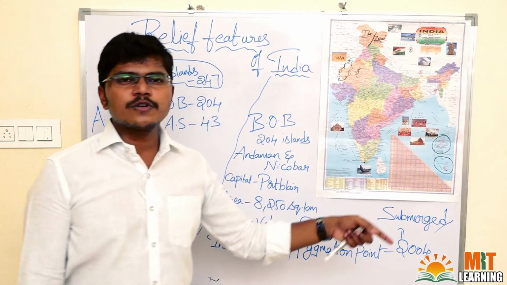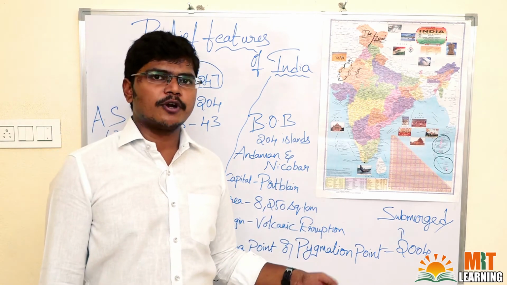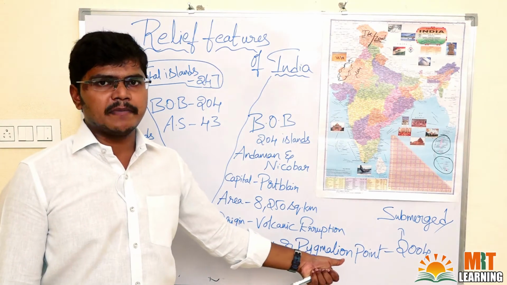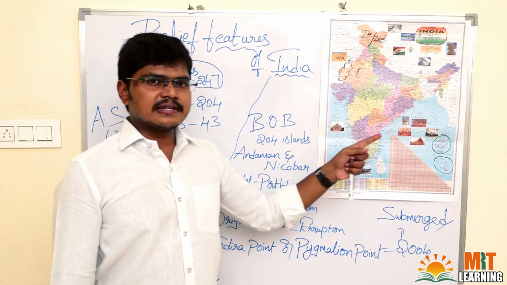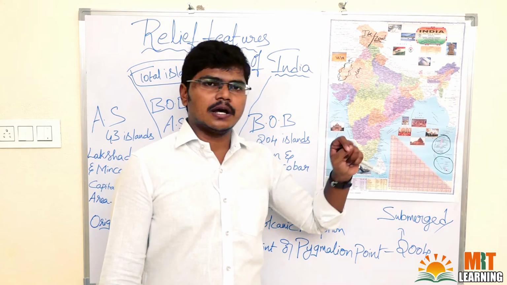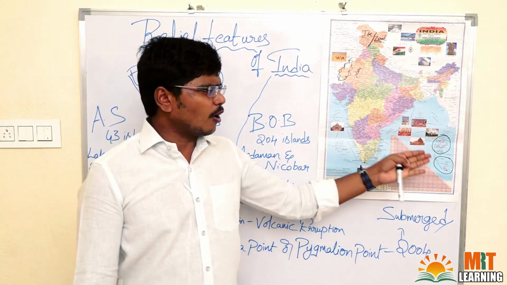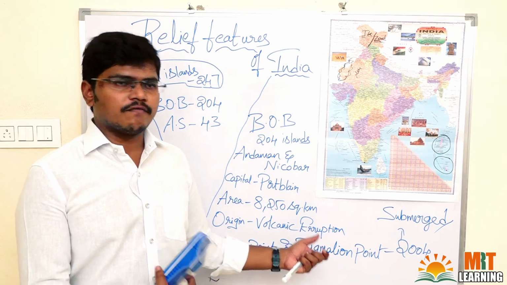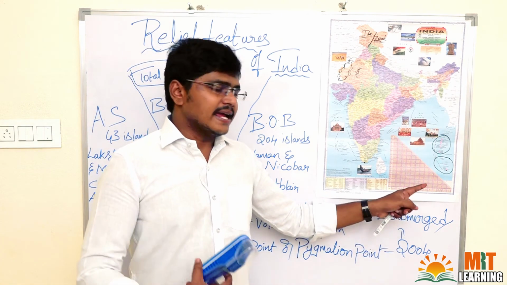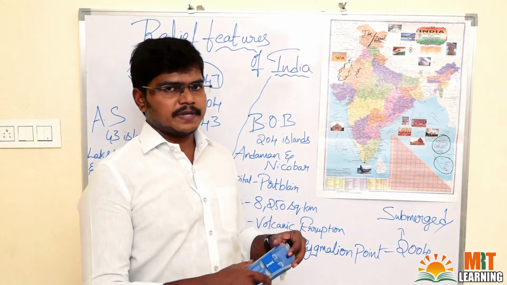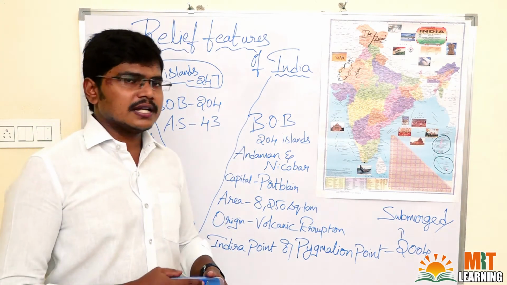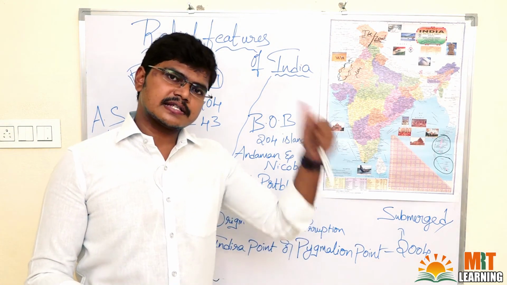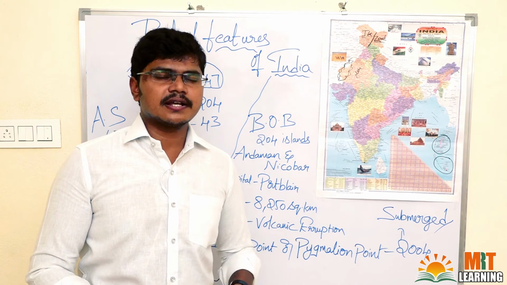Now, what is the southernmost tip point of India? Southernmost tip point of India for the whole of India is Indira Point, also called Pygmalion Point. Where can we see this Pygmalion Point? In Great Nicobar, or the Nicobar Islands. But presently we can't see this Indira Point. Why? Because in the year 2004 it was submerged because of the tsunami. So this is the total about deserts and islands. In the next video we can discuss the remaining physical features of India.